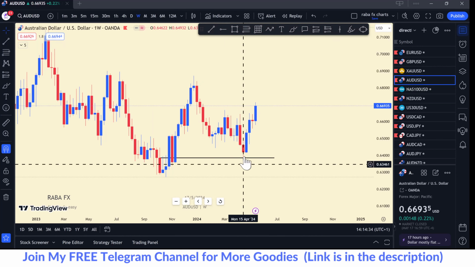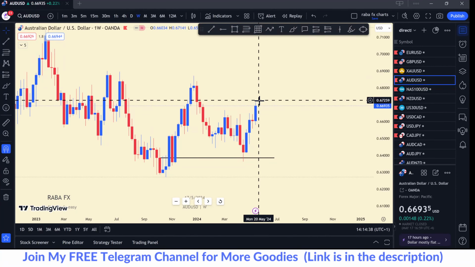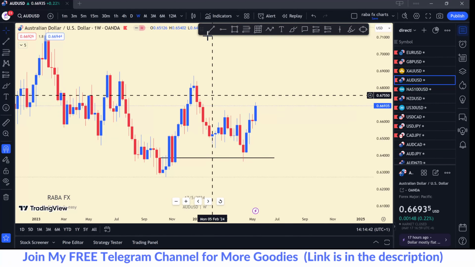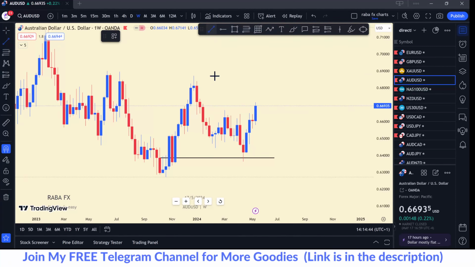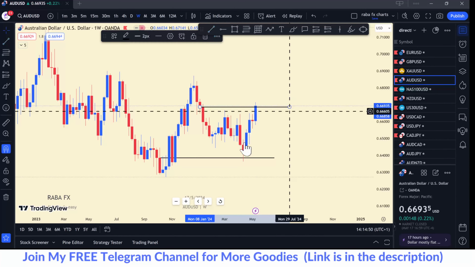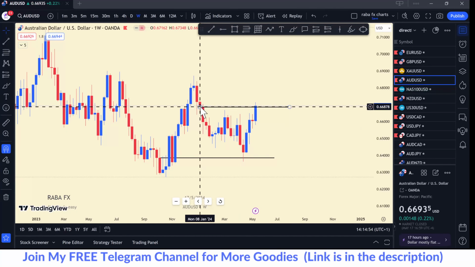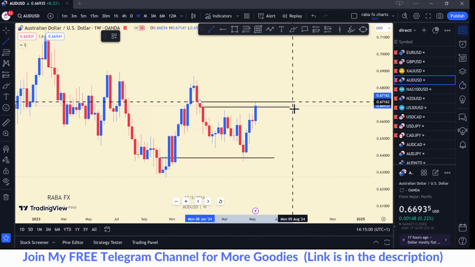So now, what you need to do is that price will not forever be moving, okay? At a point, it's going to give a rejection. And the best place where price gives rejection are the opening prices. So we have one here. If I analyze this, this would have been my target here for last week, okay? And also we have another one in here.